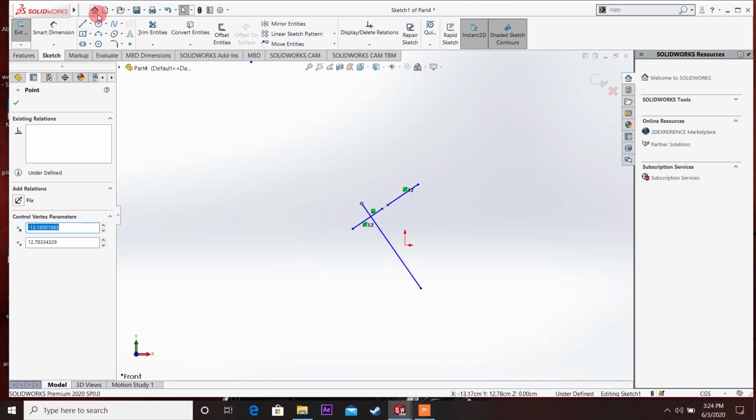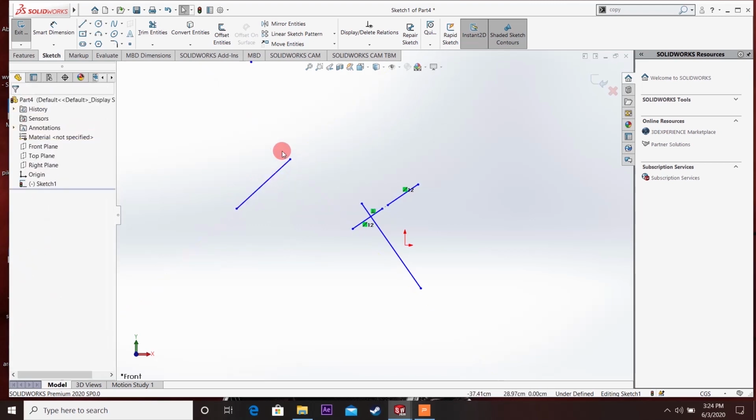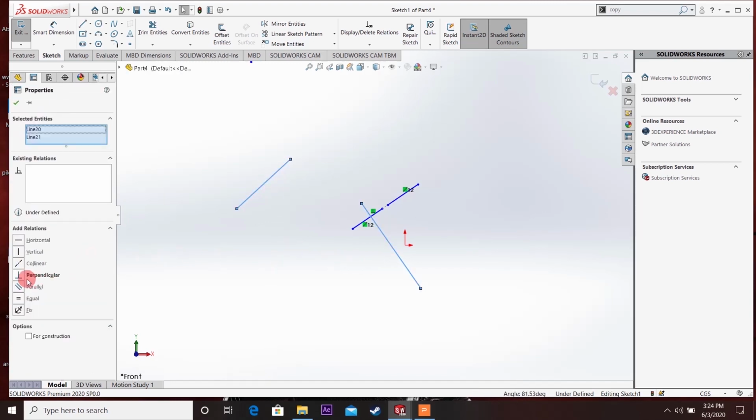Okay, and next we have the parallel relation. So for this I'm drawing another line. Now I want this line to be parallel with this line. Okay, so hold control and select these two lines and click on the parallel option over here.